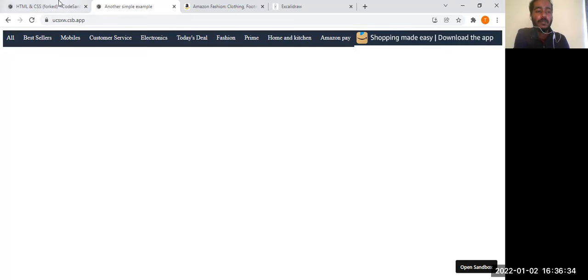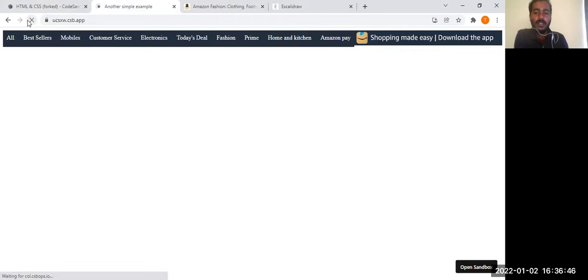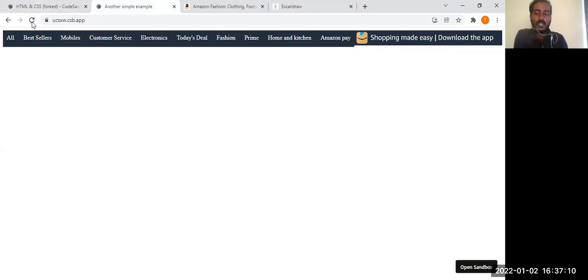Now I'm going to reduce it to 70 and give this 30, because that is so big. I'm reducing it to 70% and 30%. Let's see how it looks. Okay, fine, I think it's not giving much impact or change. Let's reduce it and see with 70 and 25%. Let us refresh and see whether this gives any impact. No. Okay, we'll do one thing: we'll inspect and change it.